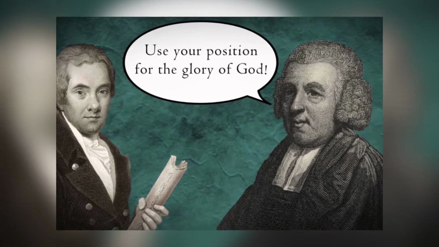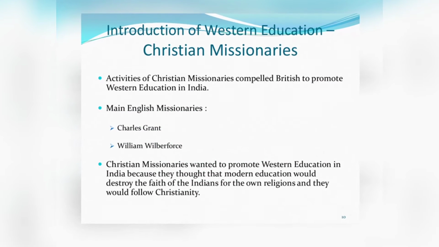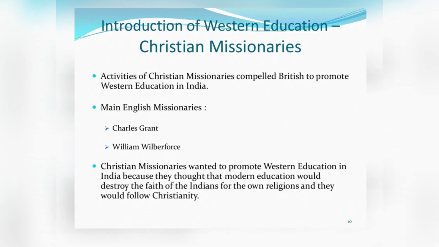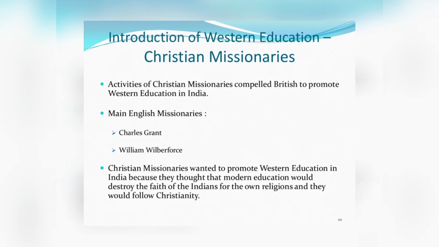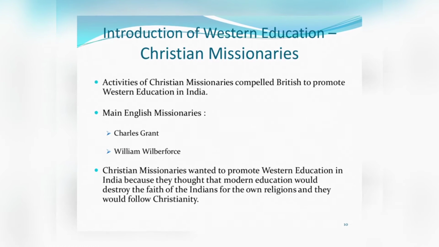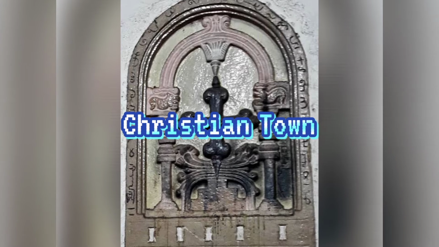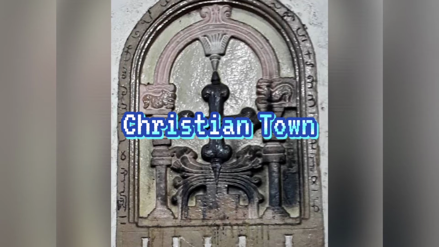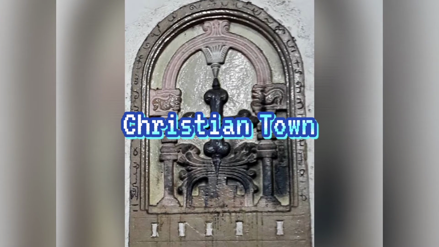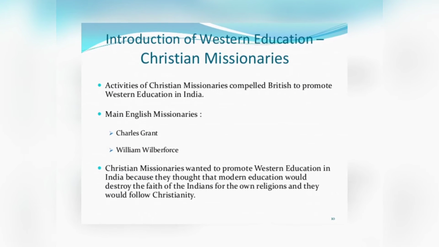People like Lord Macaulay, William Wilberforce and Charles Grant, all three of them were keenly interested in spreading Christianity through Western education. So that was their primary motive: imparting Christianity to the natives of India. So the English language was introduced in India, and it was known as Christown. That was what people usually called it. So Charles Grant introduced it in 1792.